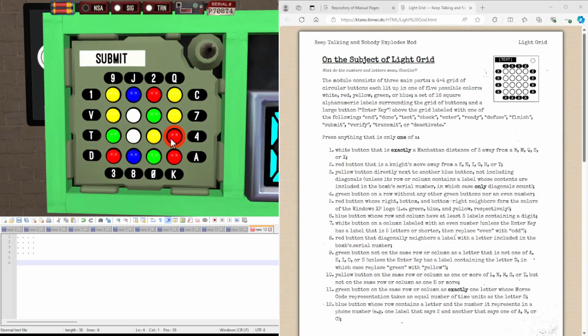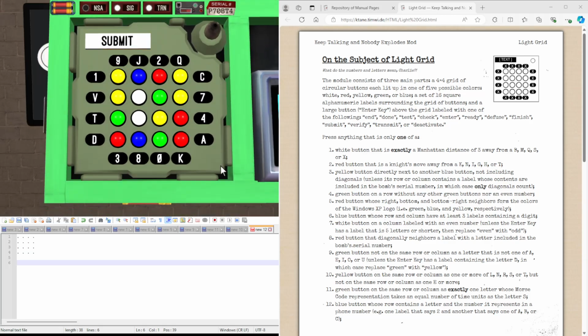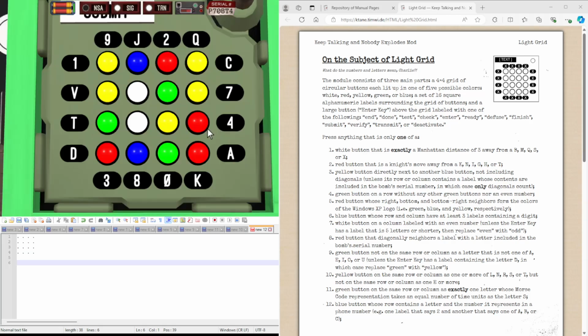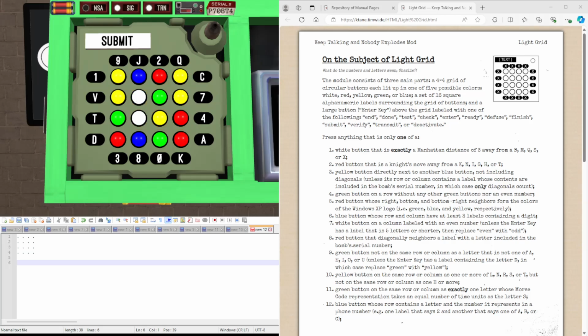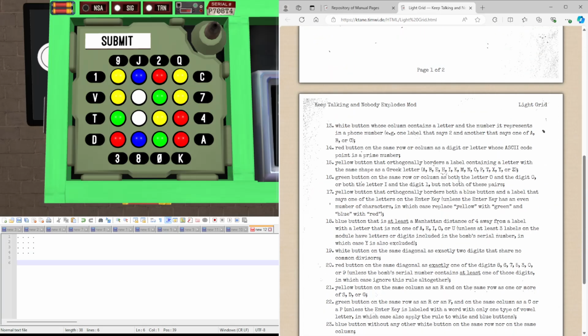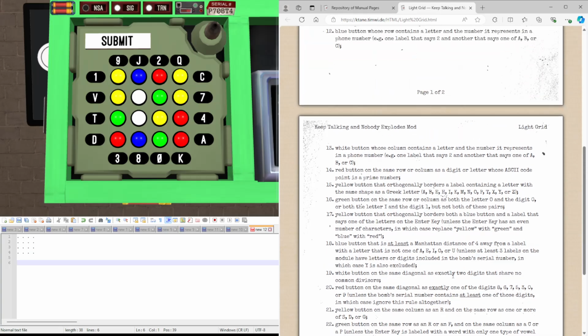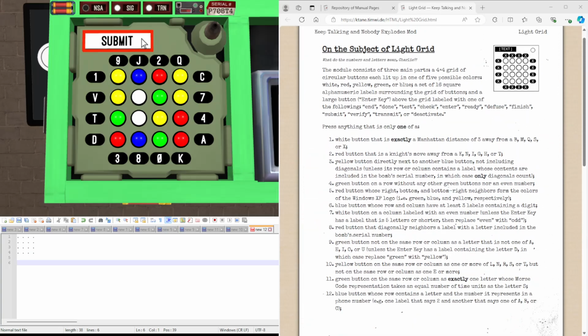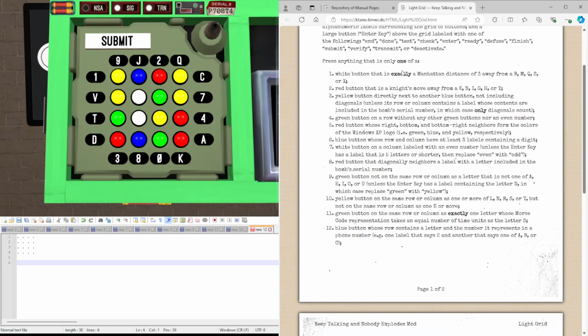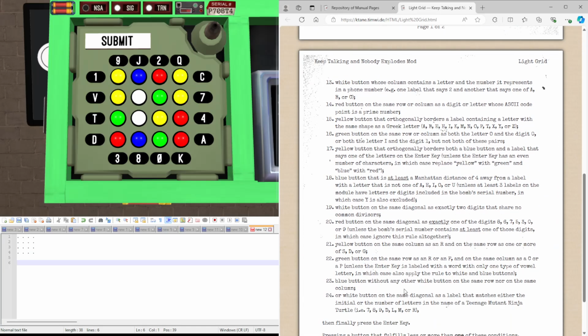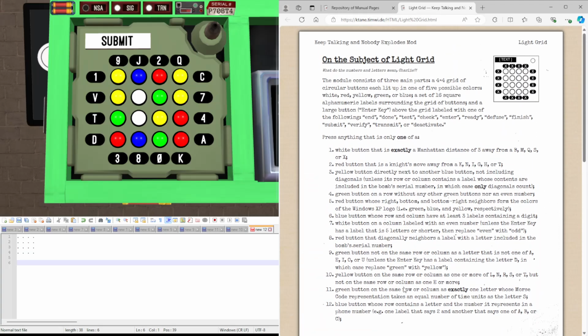This is what the module looks like. You'll have a submit button, some listed and numbered labels, and most importantly the buttons. Our aim is to press every button that satisfies exactly one condition out of this condition list. The enter key here will have different phrases out of these ones. But other than that, it's just going from top to bottom here and working out which buttons to press. So, without further ado, let's get started with